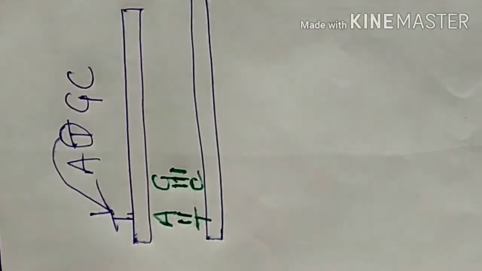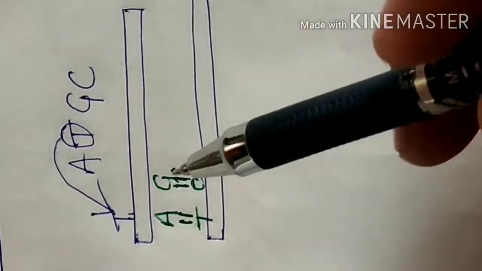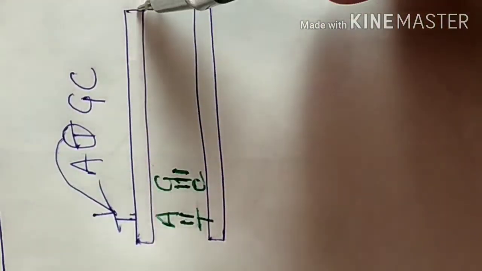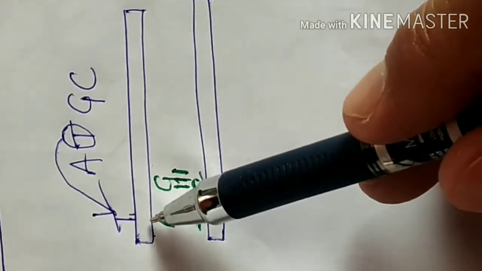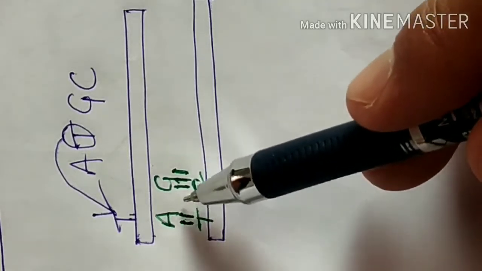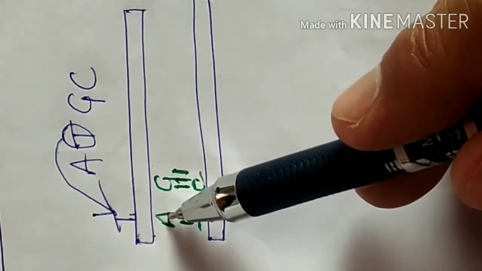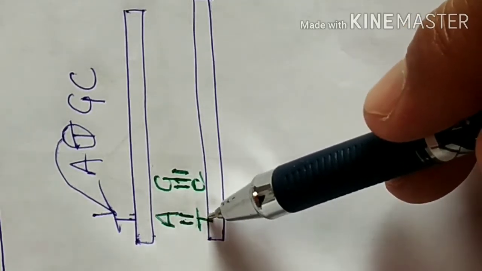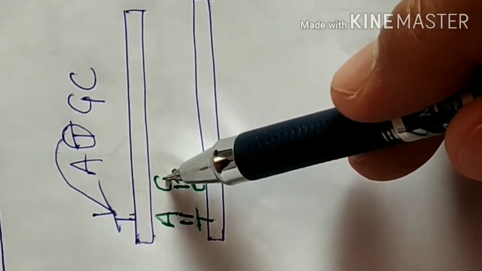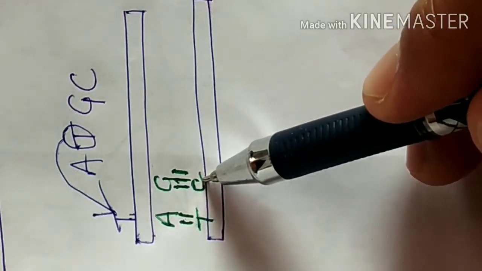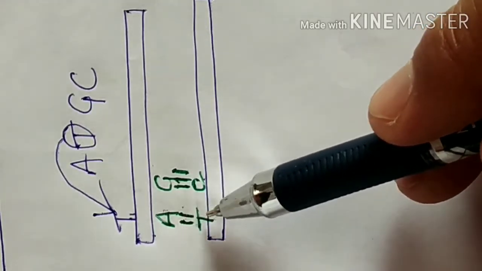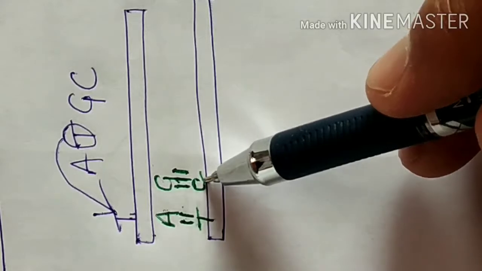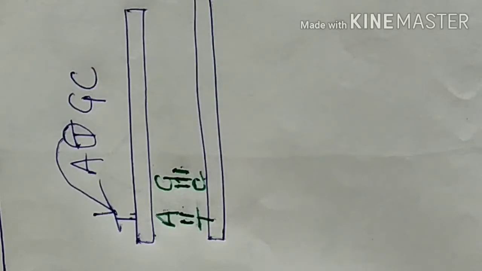Now talking more about the double helical structure of DNA. So I had already shown this is one helix of DNA, this is the other helix of DNA. So 2 DNA strands or helices are joined together by hydrogen bonds which are present in between the nitrogenous bases. So adenine is bonded with thymine, and G for guanine is bonded with cytosine, and adenine always has 2 hydrogen bonds with thymine, and G is always bonded with cytosine and it has 3 bonds in between. So A bonds with T and G bonds with C.